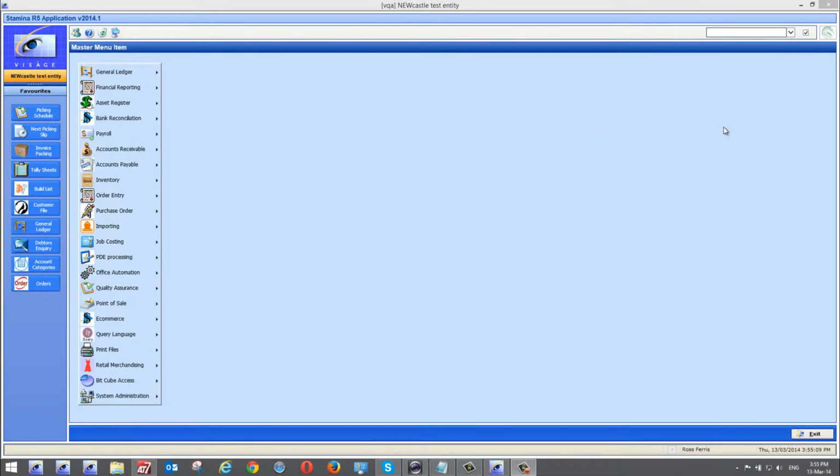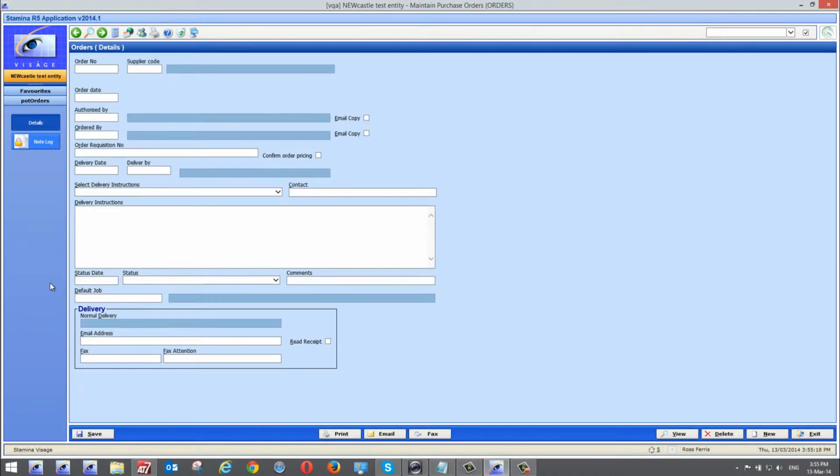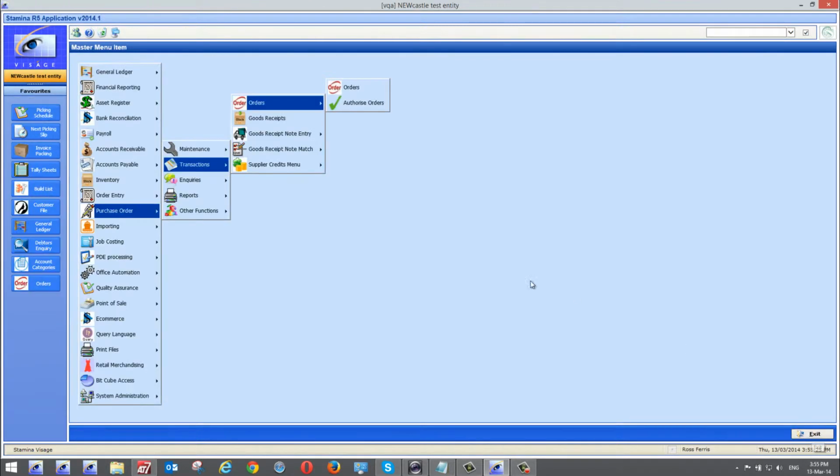If you're involved with ordering goods and/or services, you'll be pleased to know that with Visage, that can be as simple as a button click on your favourites menu. If you're a casual user or simply want to know where you'd find that normally in the menu structure, navigationally, we'd start at purchase orders, go into the transactions menu, specifically choose the orders menu, and from there we'd select